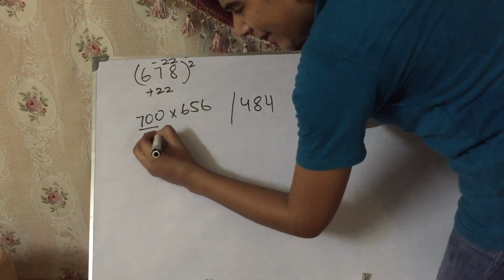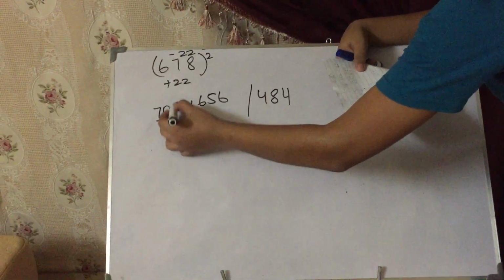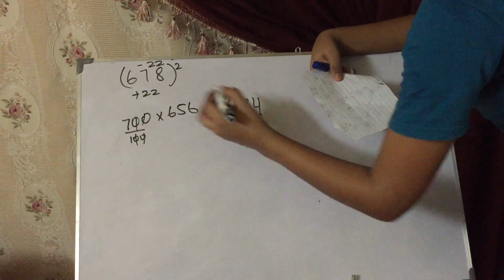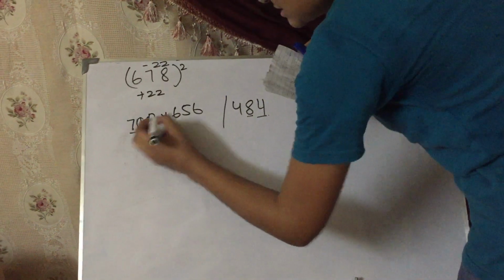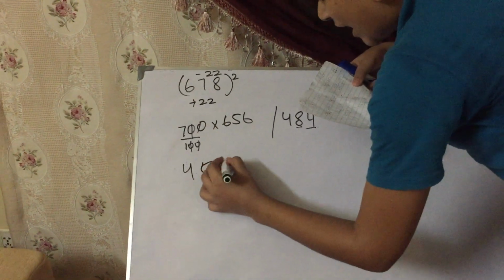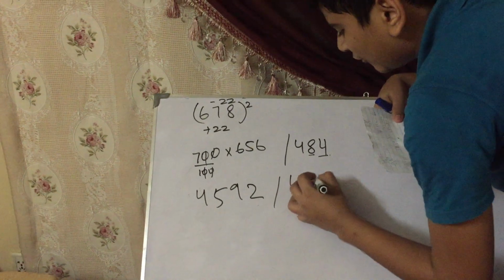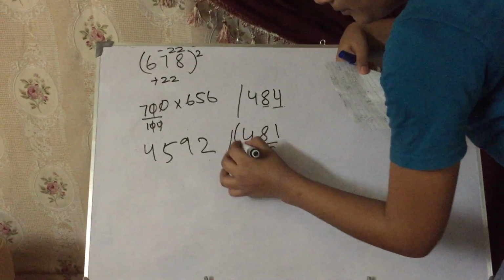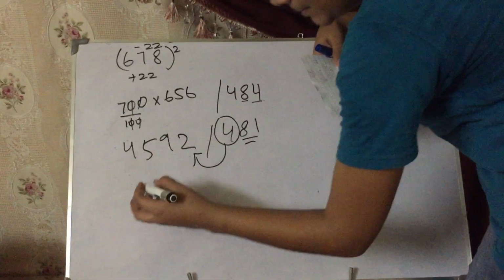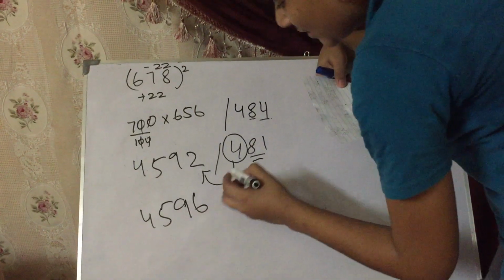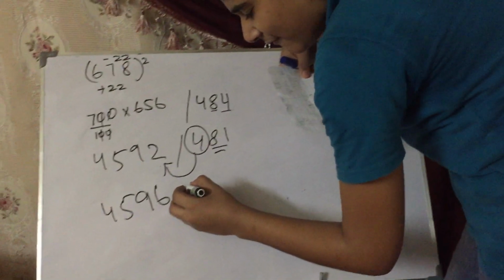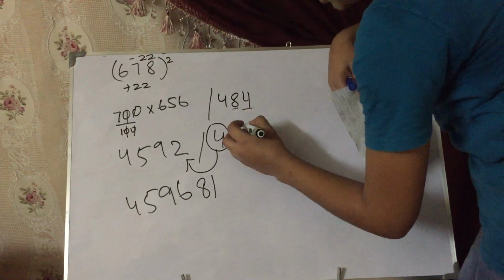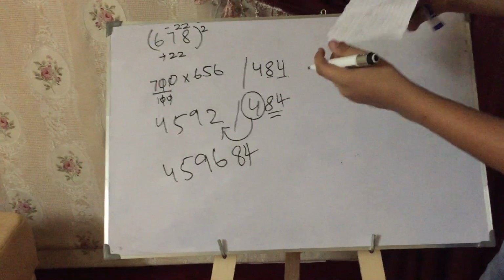That we would bring it upon 100 as there are two zeros, and these two zeros would be cut and they would come on behalf of 8 and 4. It means 8 and 4 would come on behalf of these double zeros, and if we multiply, the answer came 4592, and there's 484. Like these both zeros were on behalf of this, so this number 4 would be added to this number, so 4596, and these two digits we would write same as it, 459681. 459. Sorry. I'm so sorry, guys. It was 4. My mistake.